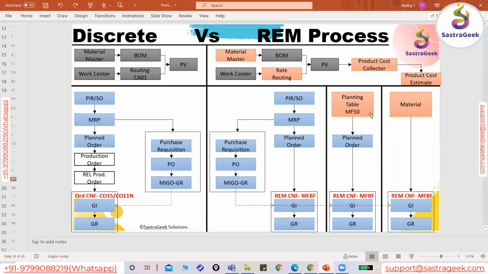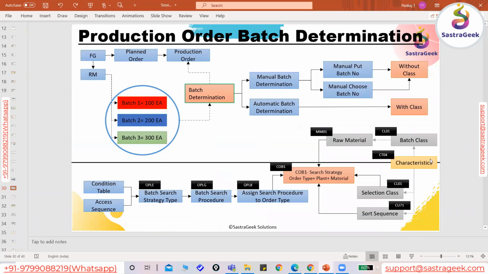And we also saw how, even without the planning table, at a material level we can do the raw material backflush and finished material GRN. So these three different flavors we tried to create and configure in the system, and we ran the end-to-end cycle for them. Once we were done with the repetitive manufacturing scenario, we discussed the very commonly used batch